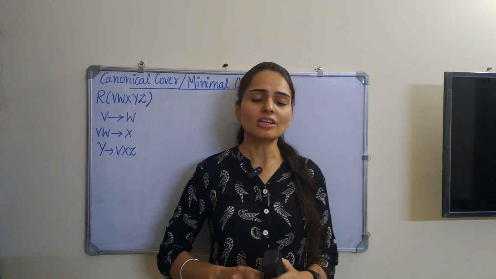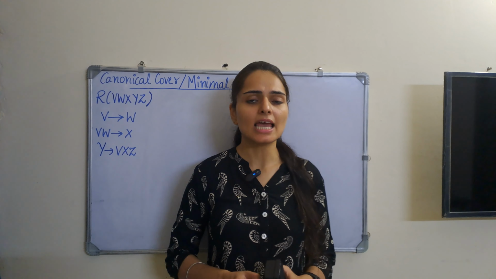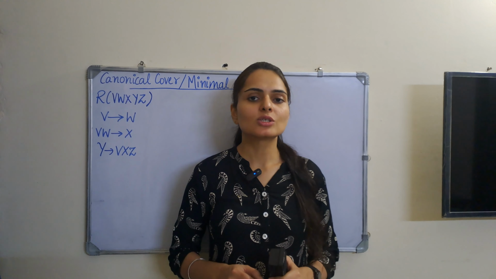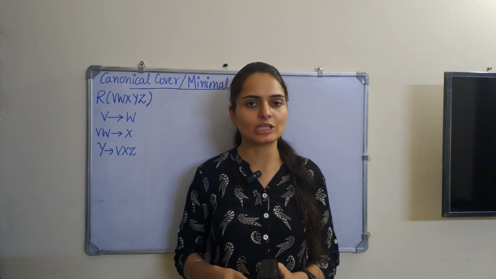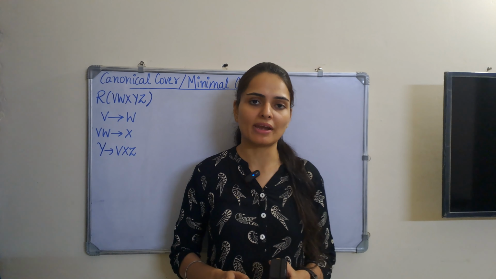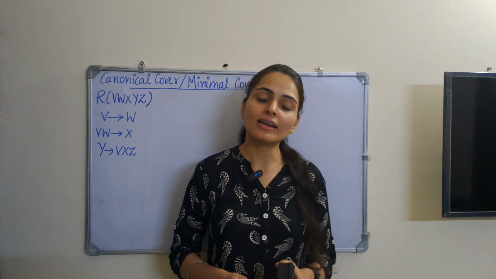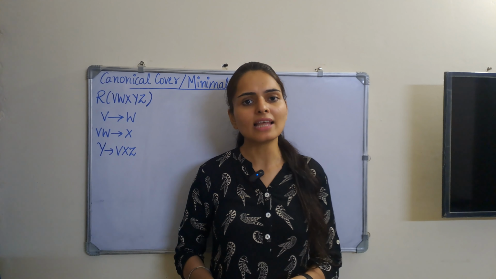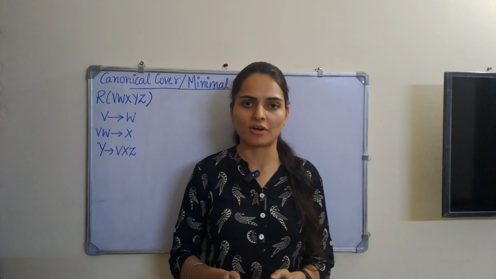In our last discussion, we were talking about the canonical cover or the minimal cover of the functional dependency. Now we will see one more example to have a better understanding of the topic. So far, we have understood that if we have a set of functional dependencies for a relational model, then to increase the strength or to make those functional dependencies better, we have to remove the redundancies in those functional dependencies. Redundancy means what? Basically the repetition in that functional dependency. So by removing that redundancy, we find a minimal cover which is more efficient for that relational model, right?